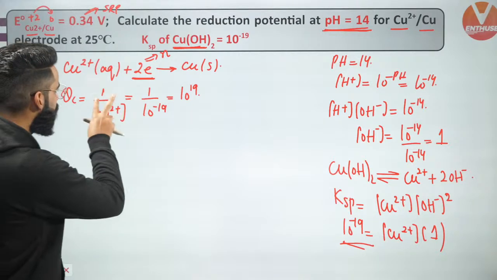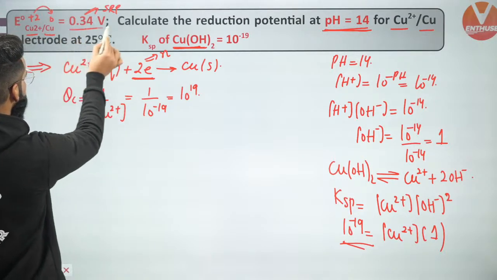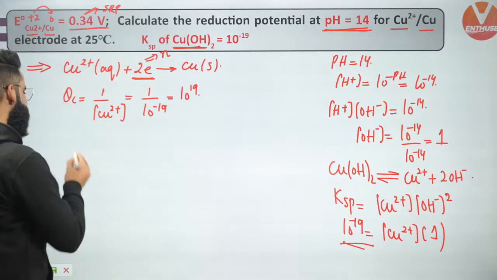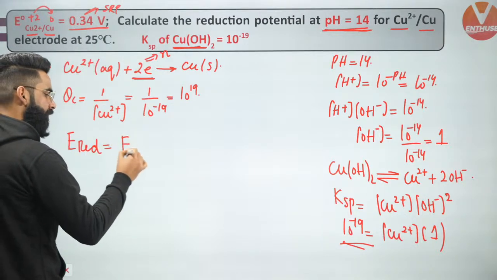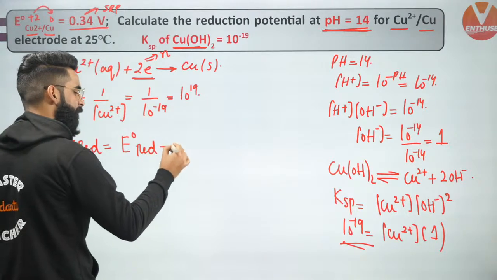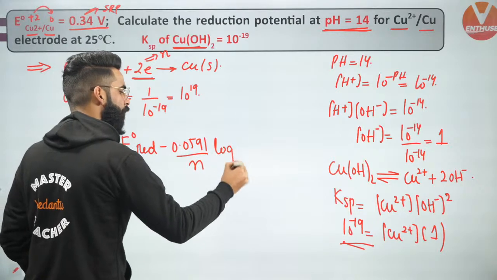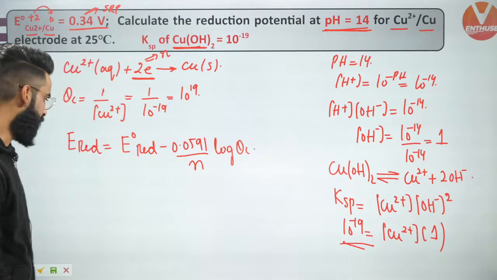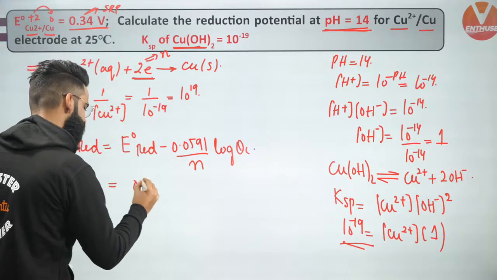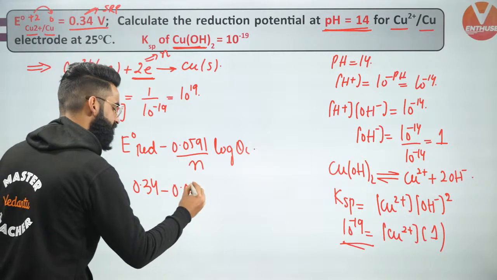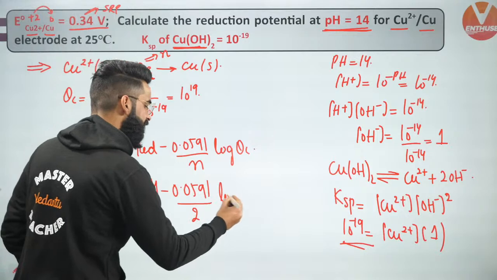Now, I got the value of Qc. I know the value of n. Do we know the standard reduction potential of the copper electrode? Yes, we know that. So I can simply use the Nernst equation. I can write the reduction potential of the copper electrode will be equal to E° red, the standard reduction potential of the copper electrode, minus 0.0591 divided by n, and it's going to be log of Qc right here. So E° red of the copper electrode is given to me as 0.34 minus 0.0591 divided by n. The n value we already got to know, that is 2, and it's going to be log of